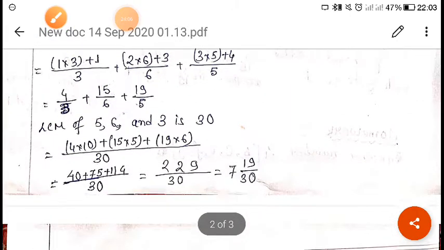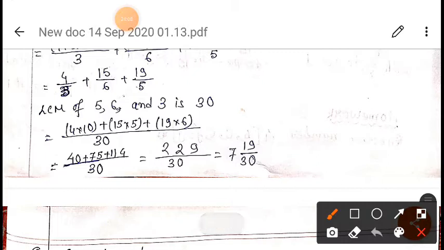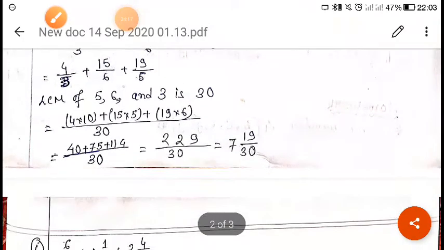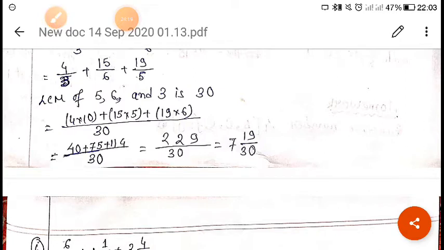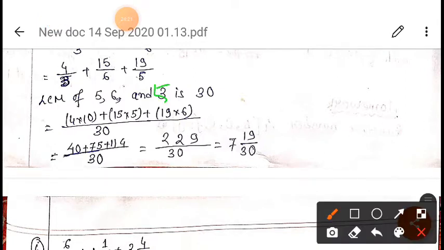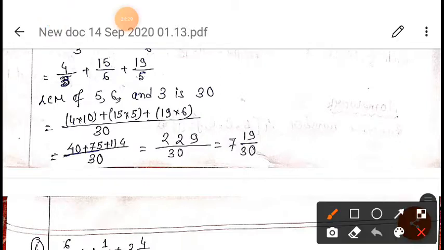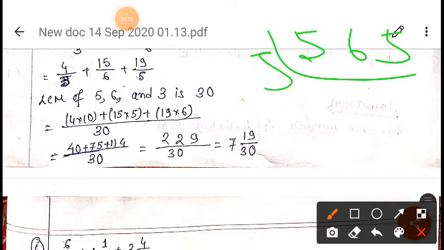Now after that we have to find the LCM of these, 5, 6 and 5. So here will be 5, not 6, 5, 6 and 5. Let me find it right here, 5, 6 and 5. So what will be the LCM? 5 ones are 5, 5 sixes, 5 ones are 5.